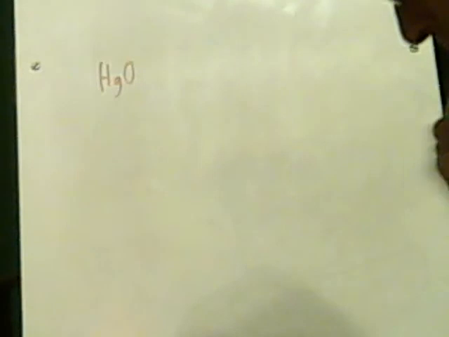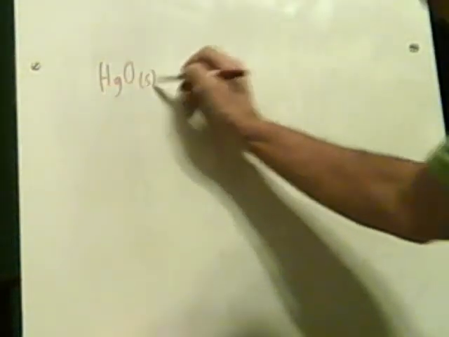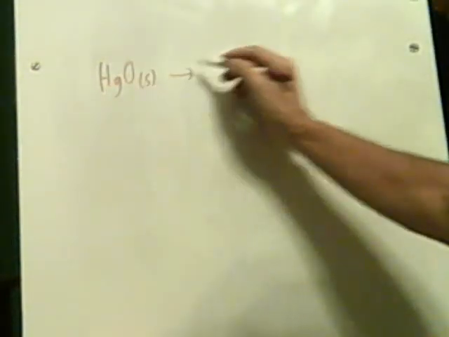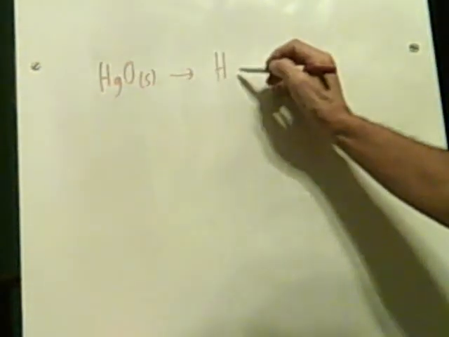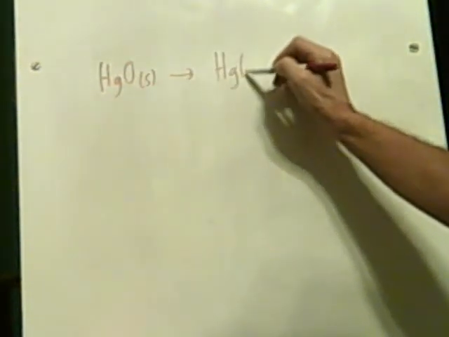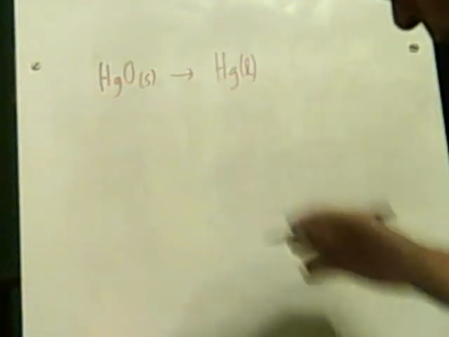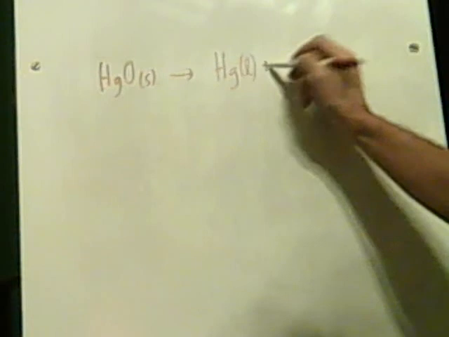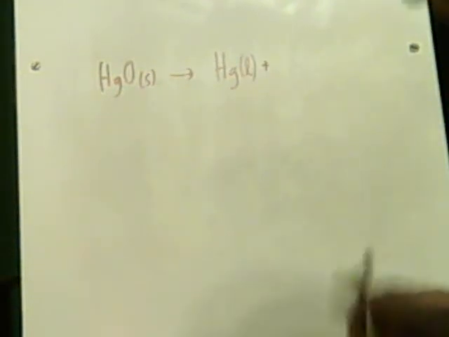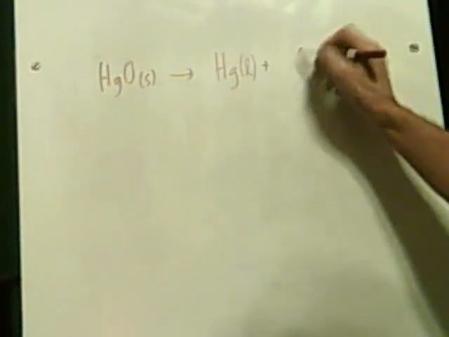Mercury, or mercuric oxide, because I think mercury is a +2 +1. But anyway, that's not the objective here. It's a solid. It's going to decompose to produce mercury, which is a liquid. It's actually a metal, but at room temperature, it's a liquid. It's one of the few metals that is a liquid at room temperature. Okay, and you find mercury in thermometers. Everybody knows that. And also thermostats, so the old style thermostats. Okay, plus oxygen